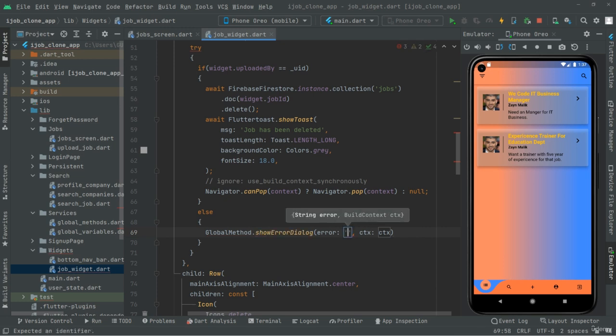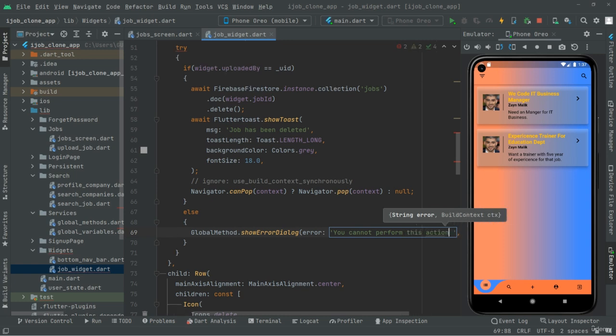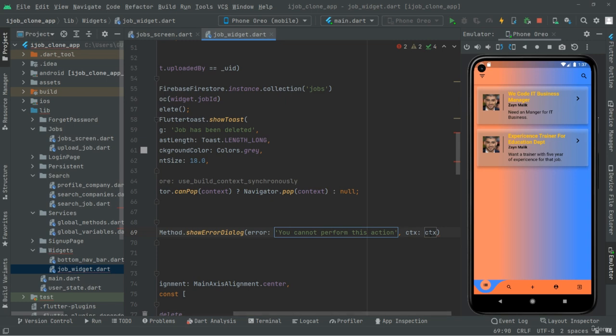So in here we will show a message something like you cannot perform this action. And it is going to take the context. There we go, context to context, right at the end, semicolon,